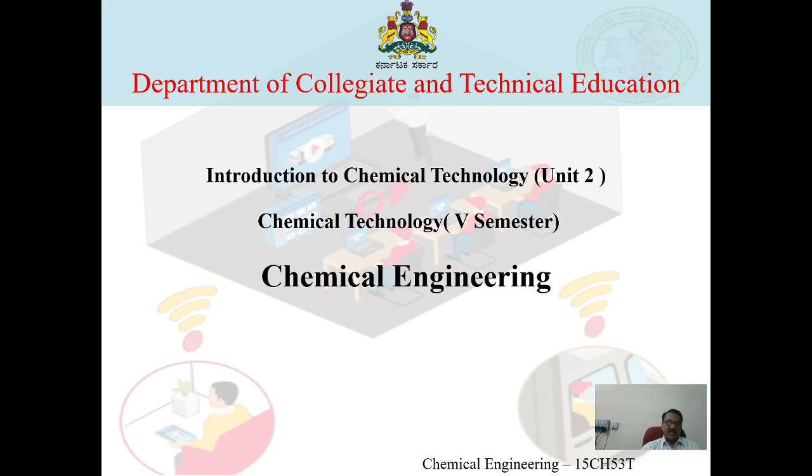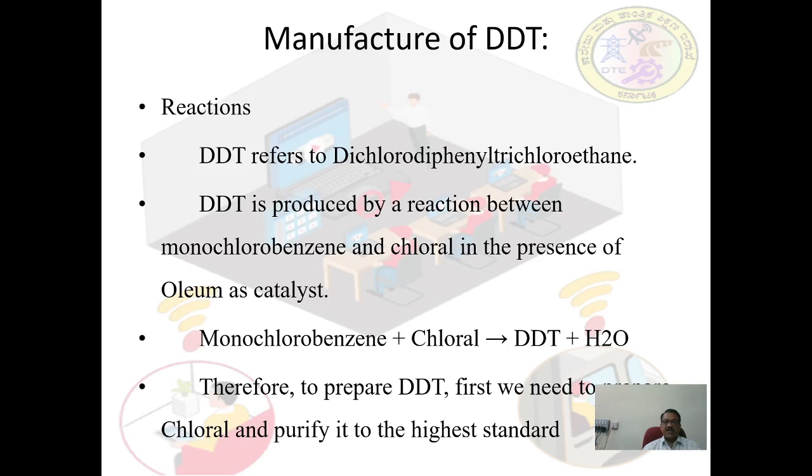BHC is manufactured by reacting benzene with chlorine. Today we will discuss the production, or manufacture, of DDT. The reactions are